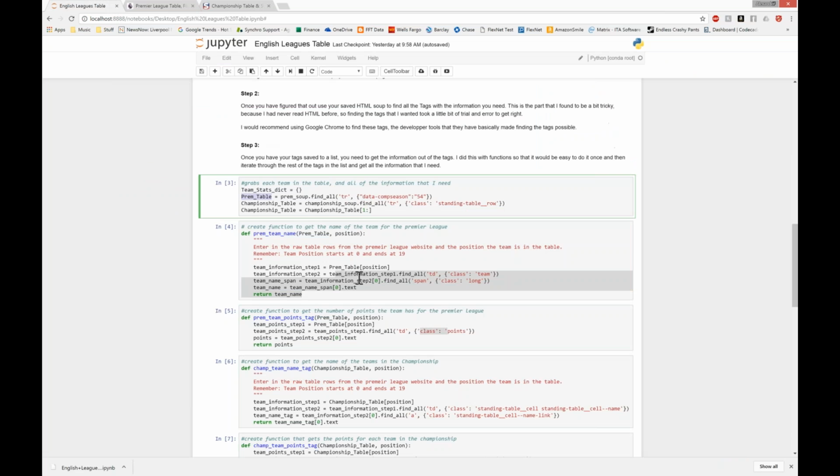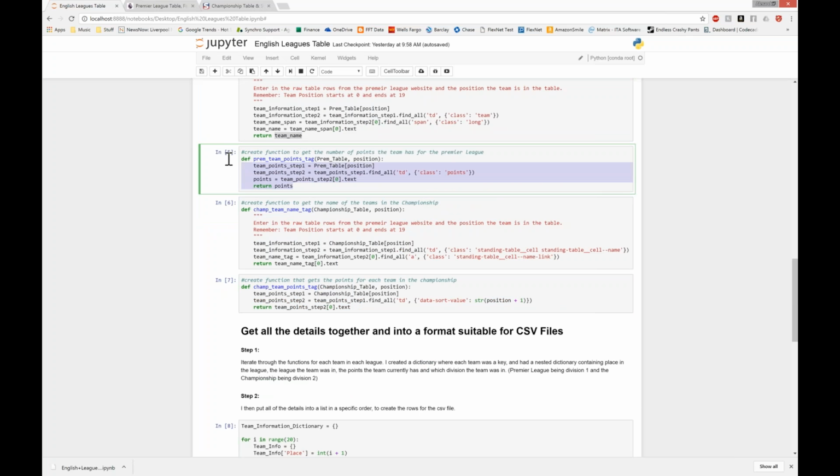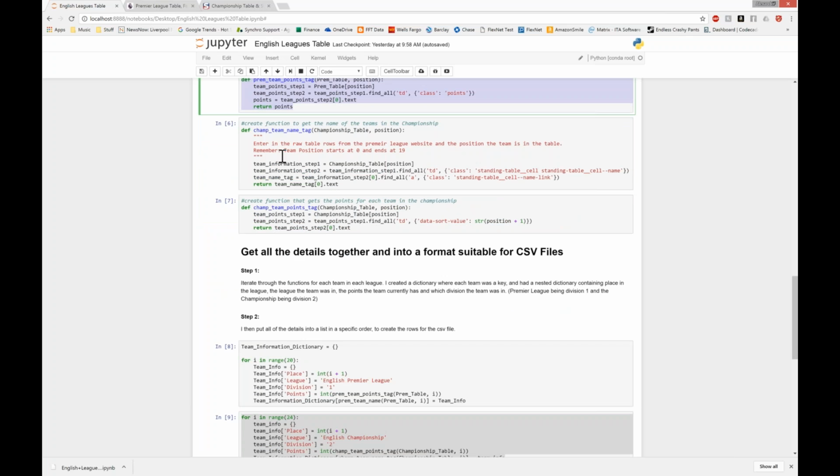Alright, so I then write this function, team name, and I find all TD tags, with this class attribute, within this first TR tag with the data-comp-season 54 in it, and I find all the span tags with class long in this TD tag. I use the text function to retrieve the team name. Now I basically repeat that process for points and